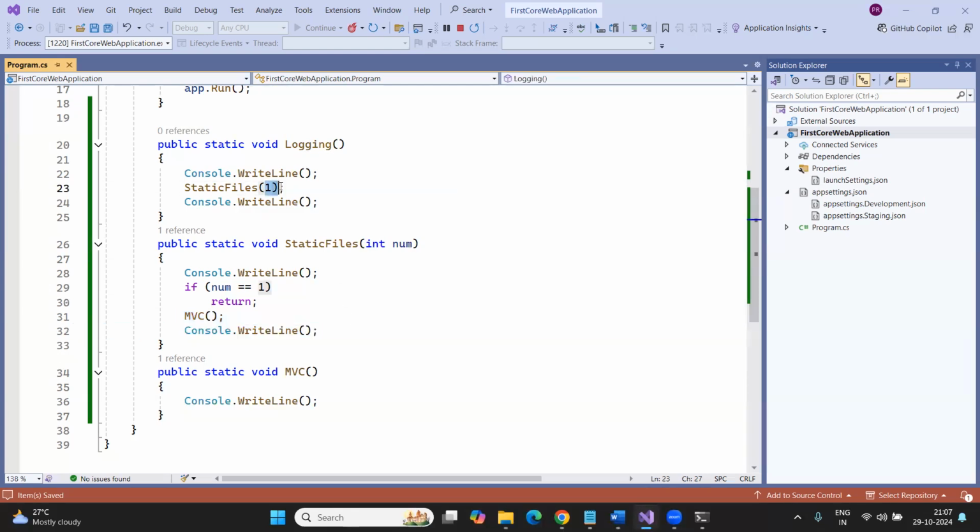So here I'm passing 1. If 1 equals 1, it means the condition is true. True means it is returning. Return means the statement is going to execute or not? It will not, it will return. I understood, but my question is, if the